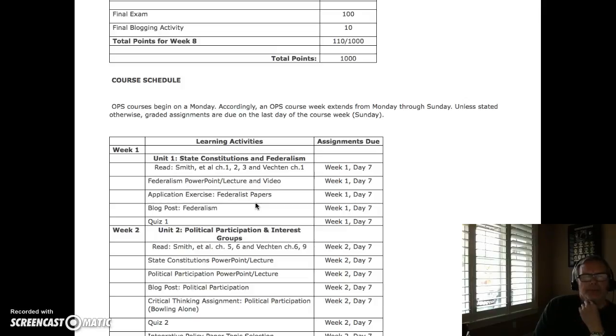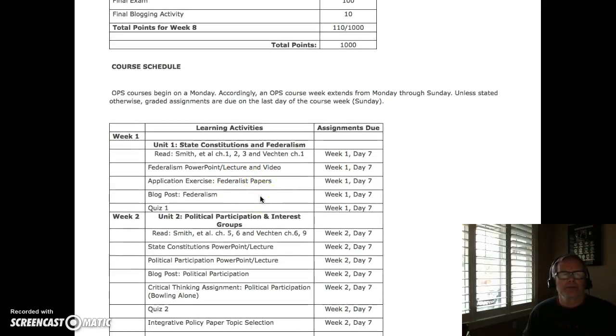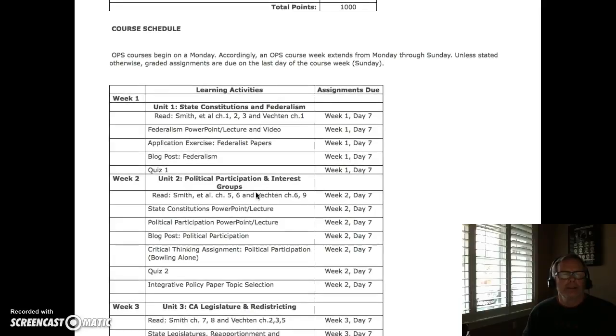Sometimes students have to read it a couple times to get the gist of what the author's trying to say, in part because of the English language at the time. So allow yourself time to research that, and then the textbook will help you in terms of understanding federalism. You can look at the information from our textbook and then as you read the article, okay? So that's something that you might want to allow yourself sufficient time for this week.